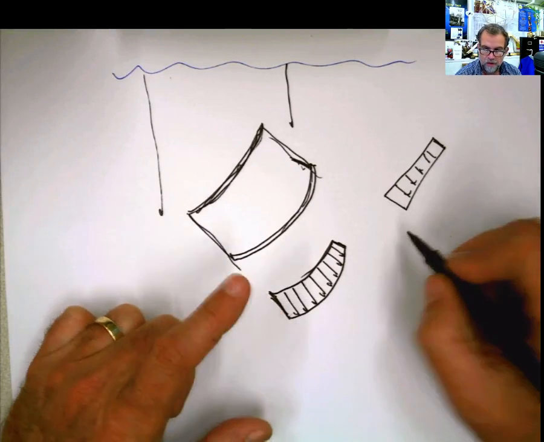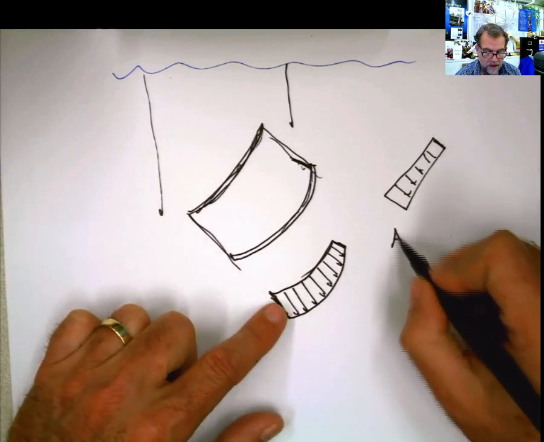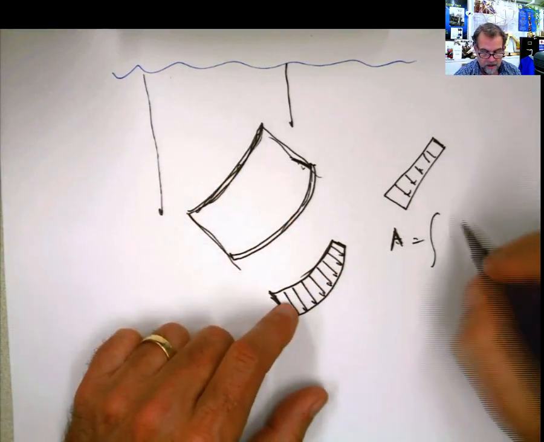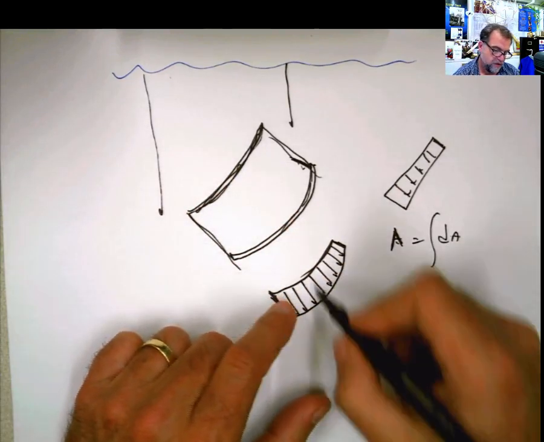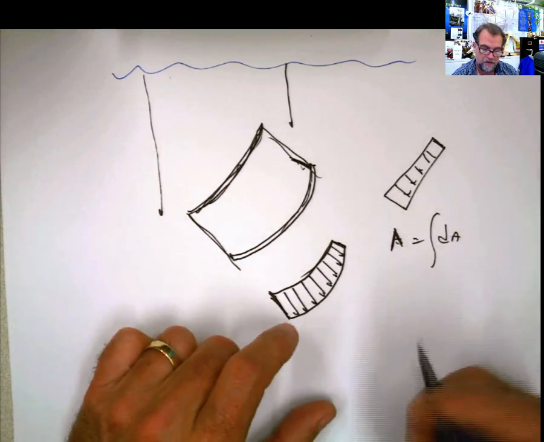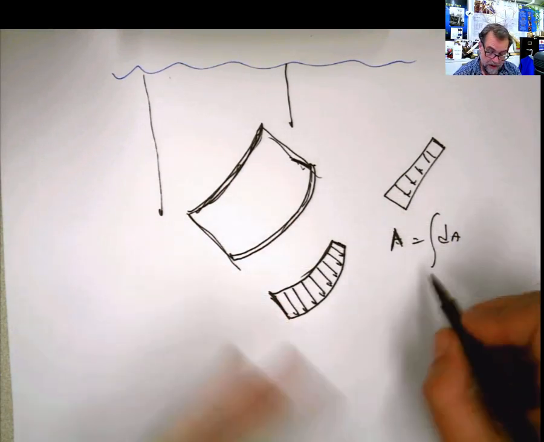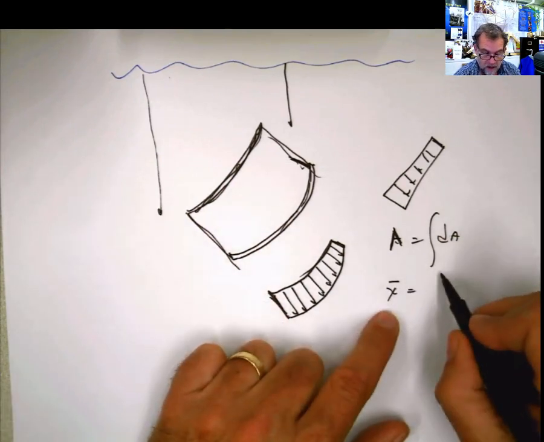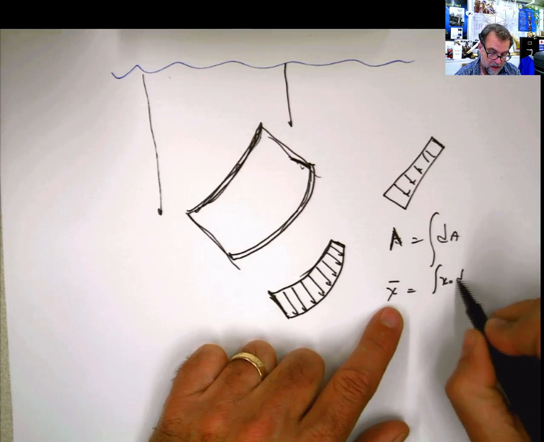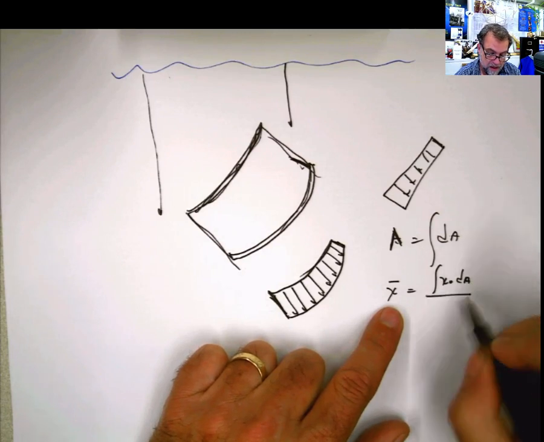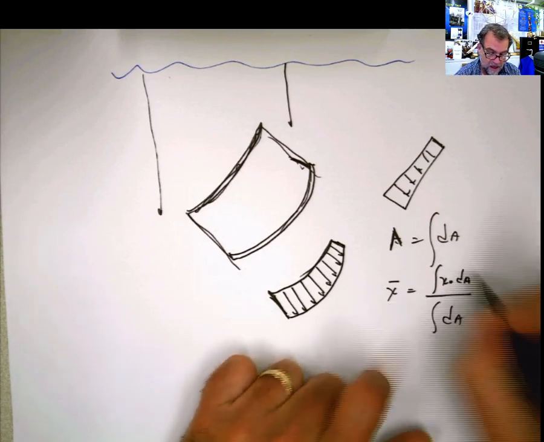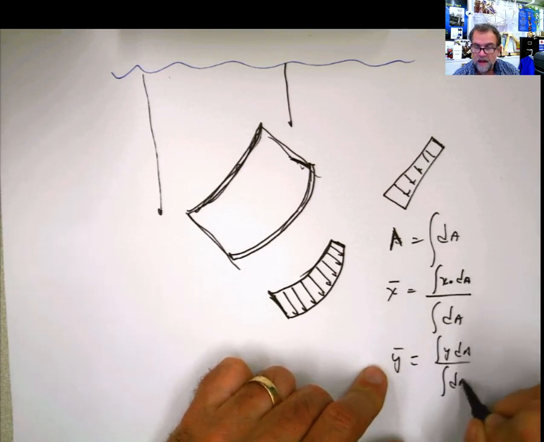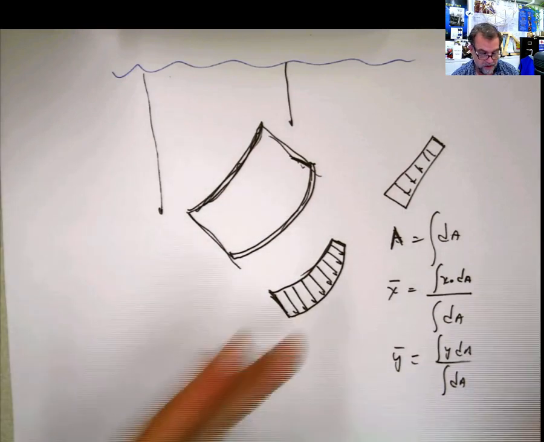Remember how to calculate the area? In order to calculate the area or the volume, that you multiply later by the b, it's just the integral of the differential of area. That means that you have to leave the equation, find the differential of area, and in order to calculate the location in x or location in y of the force, x bar is going to be what? The integral of x dA divided by the integral of dA, and then y bar equals the integral of y dA divided by the integral of dA. This is the same thing that we did before for this,